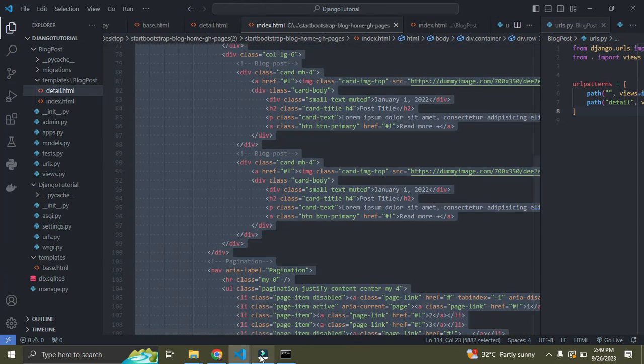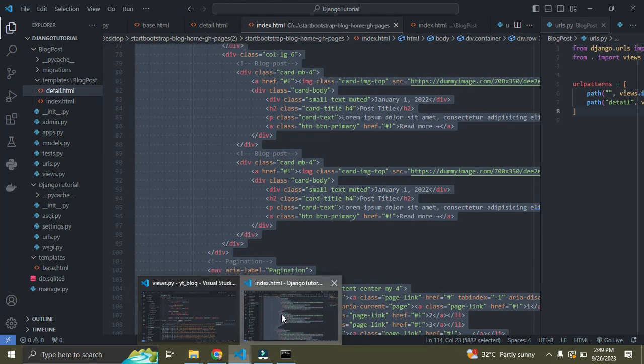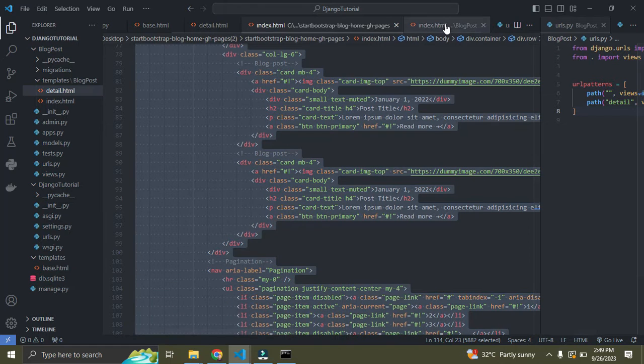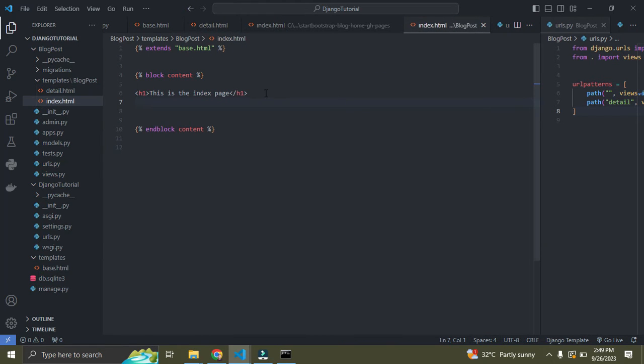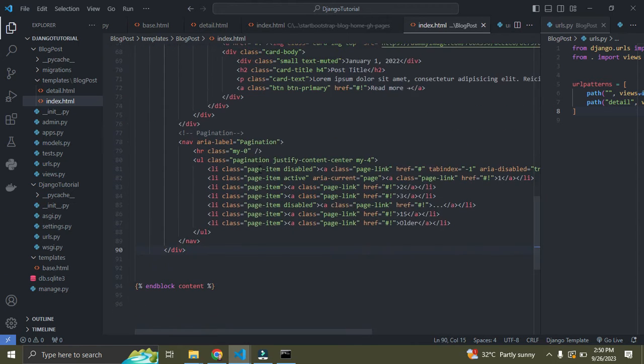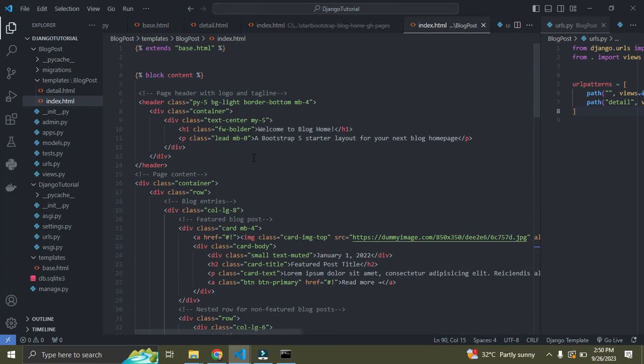Once I've copied it, now down to the index.html for my blog post, I'm going to simply replace this guy. Now paste this. Okay, this is what I want now. I've pasted it there. So we are not done. So I'm going to do the same thing for my base. Okay, right now just come over here,